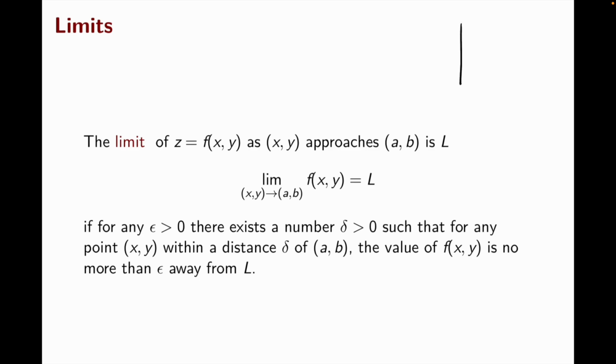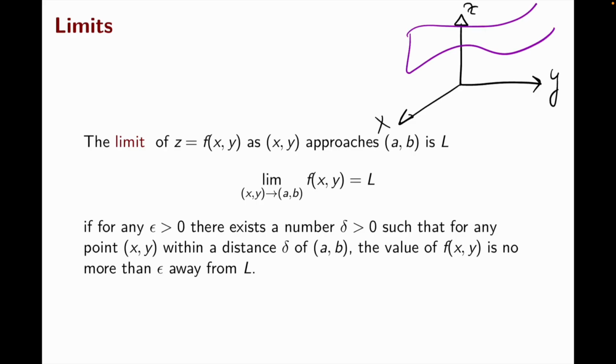So if we have, again, our system of references with x, y, and z, and we have here a surface as before, what we are saying to calculate the limit when x, y approaches a certain point (a, b), so let's say that this is the point (a, b), is that in order for this limit to be actually L, what has to happen is that